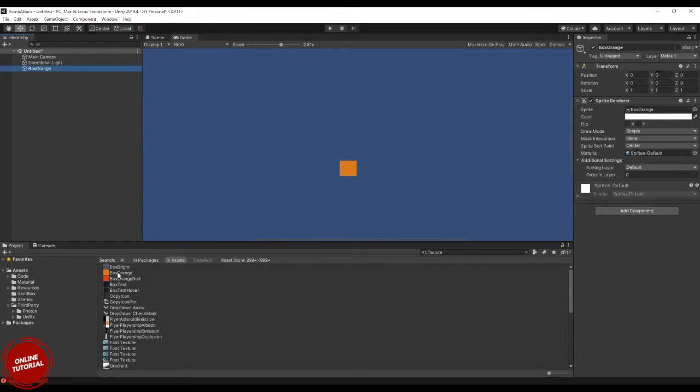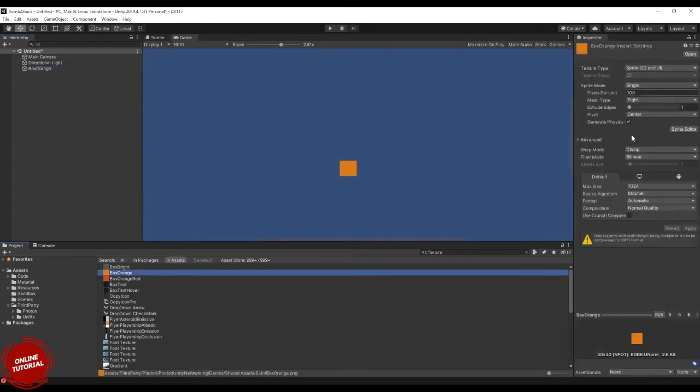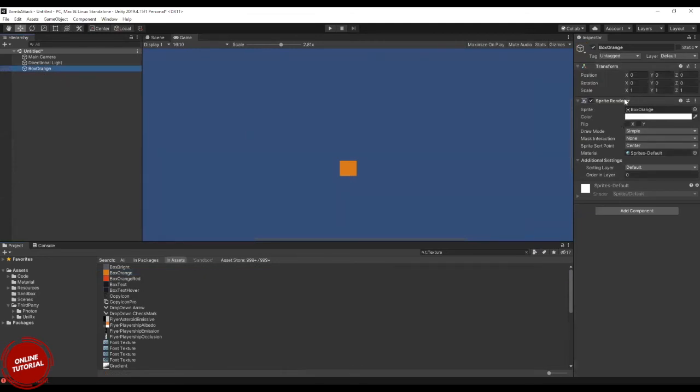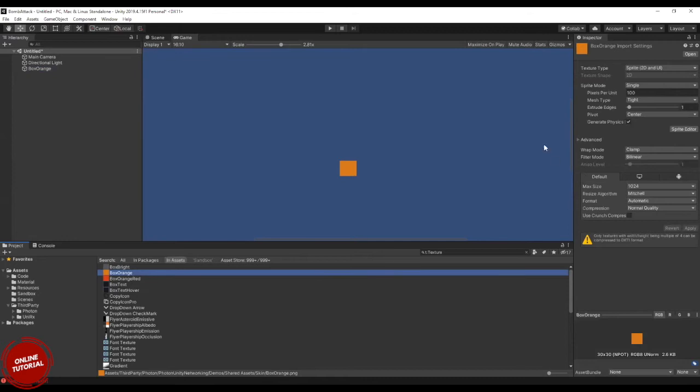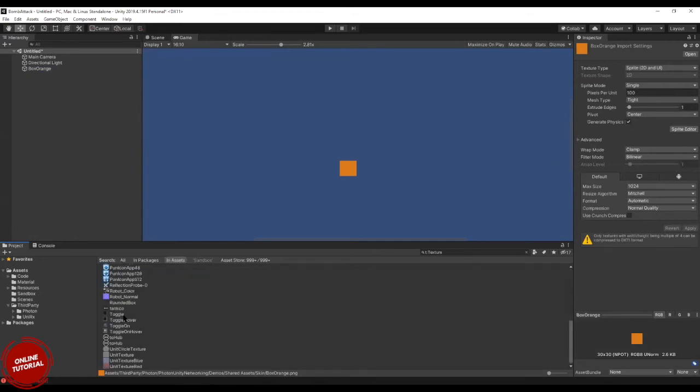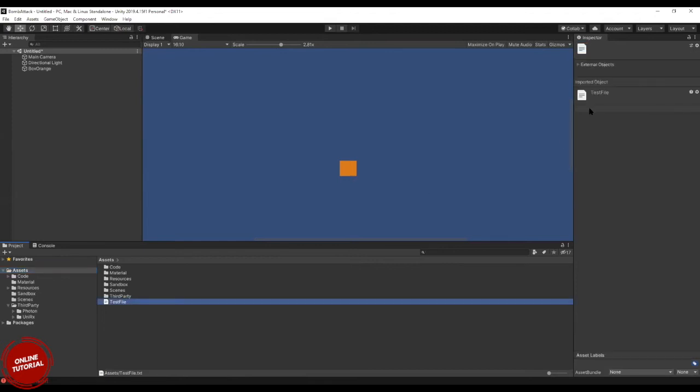See, when it's here, its properties are something different, and when you put it into the scene, its properties are something different. These properties are the properties of a raw type. If it's a text file type, like the text file I have loaded, it will show its properties.